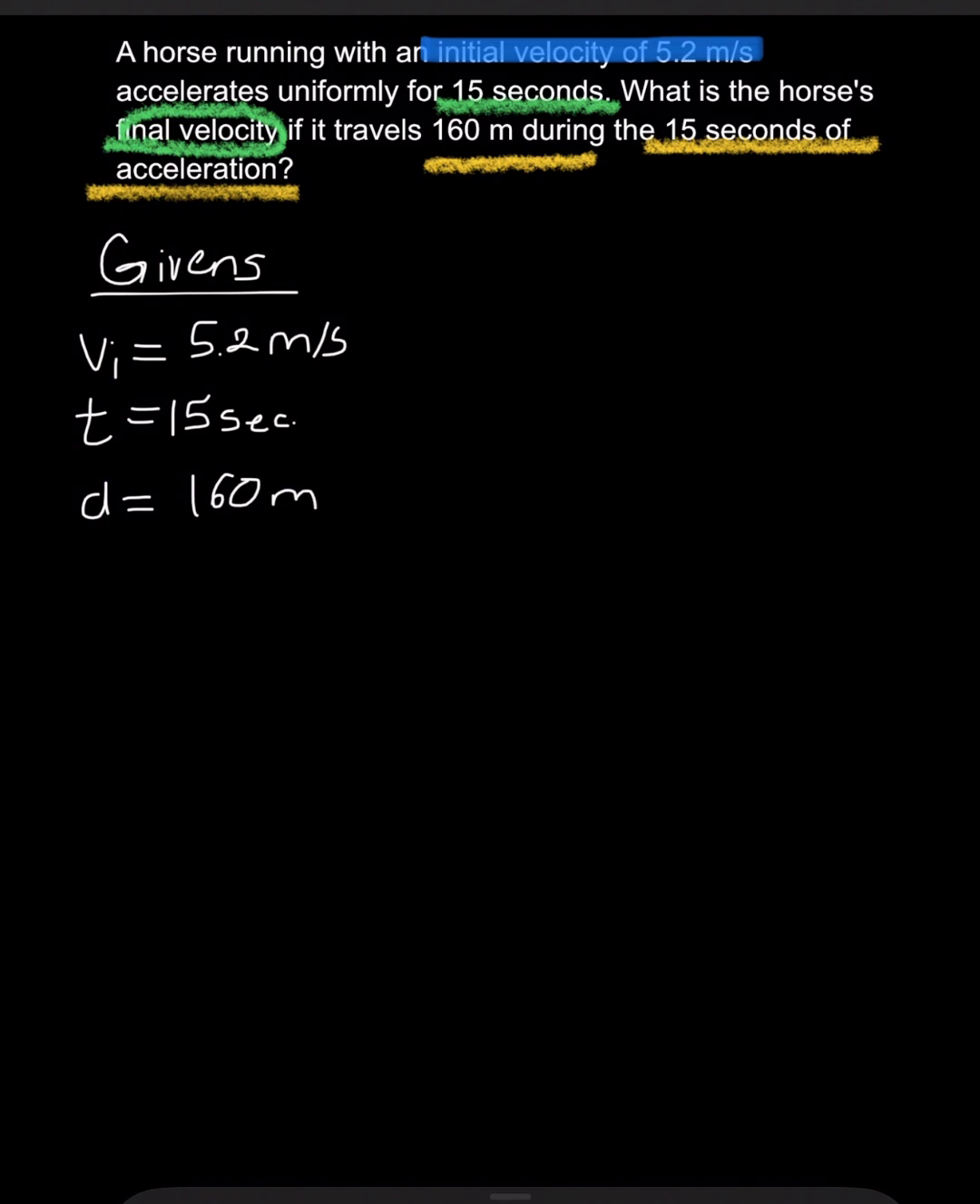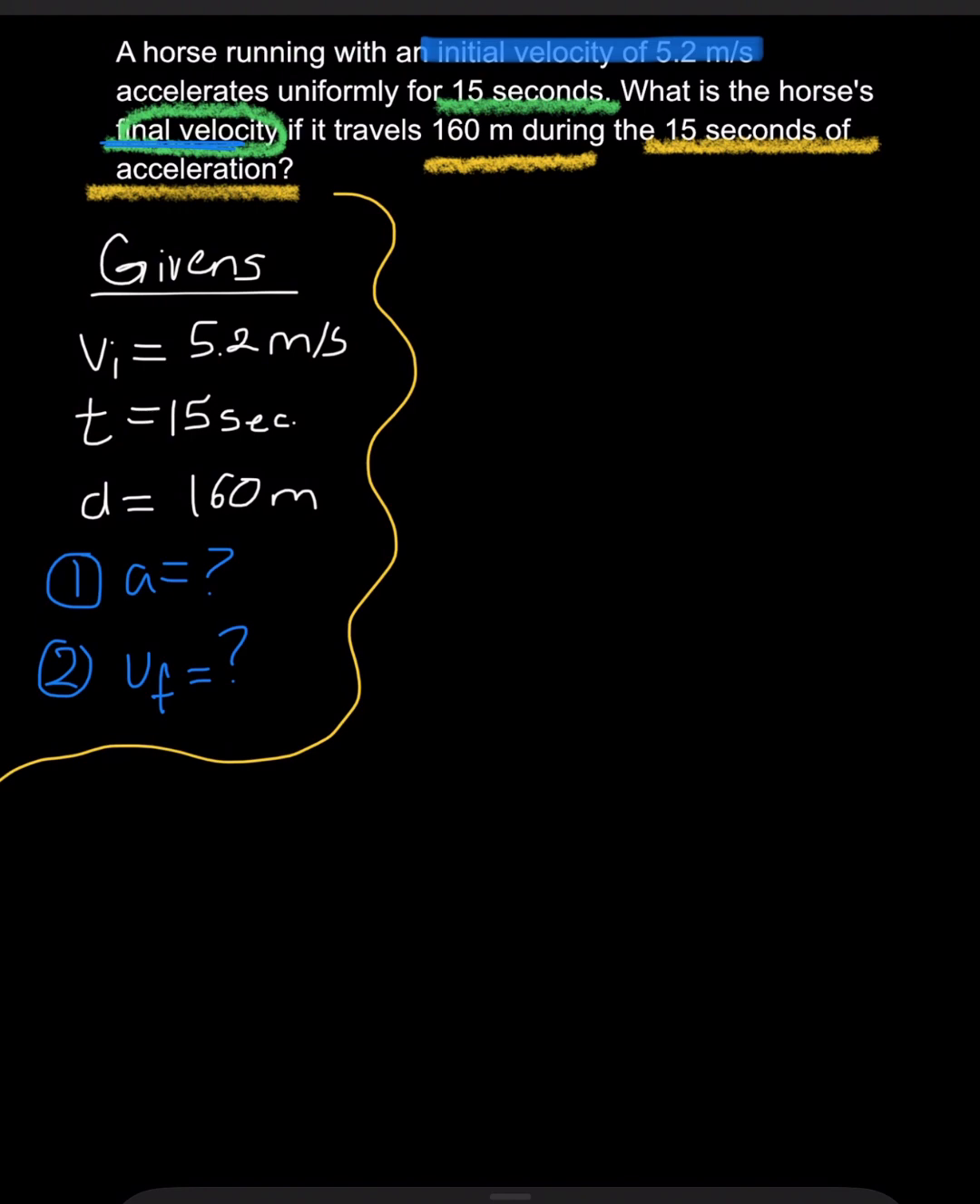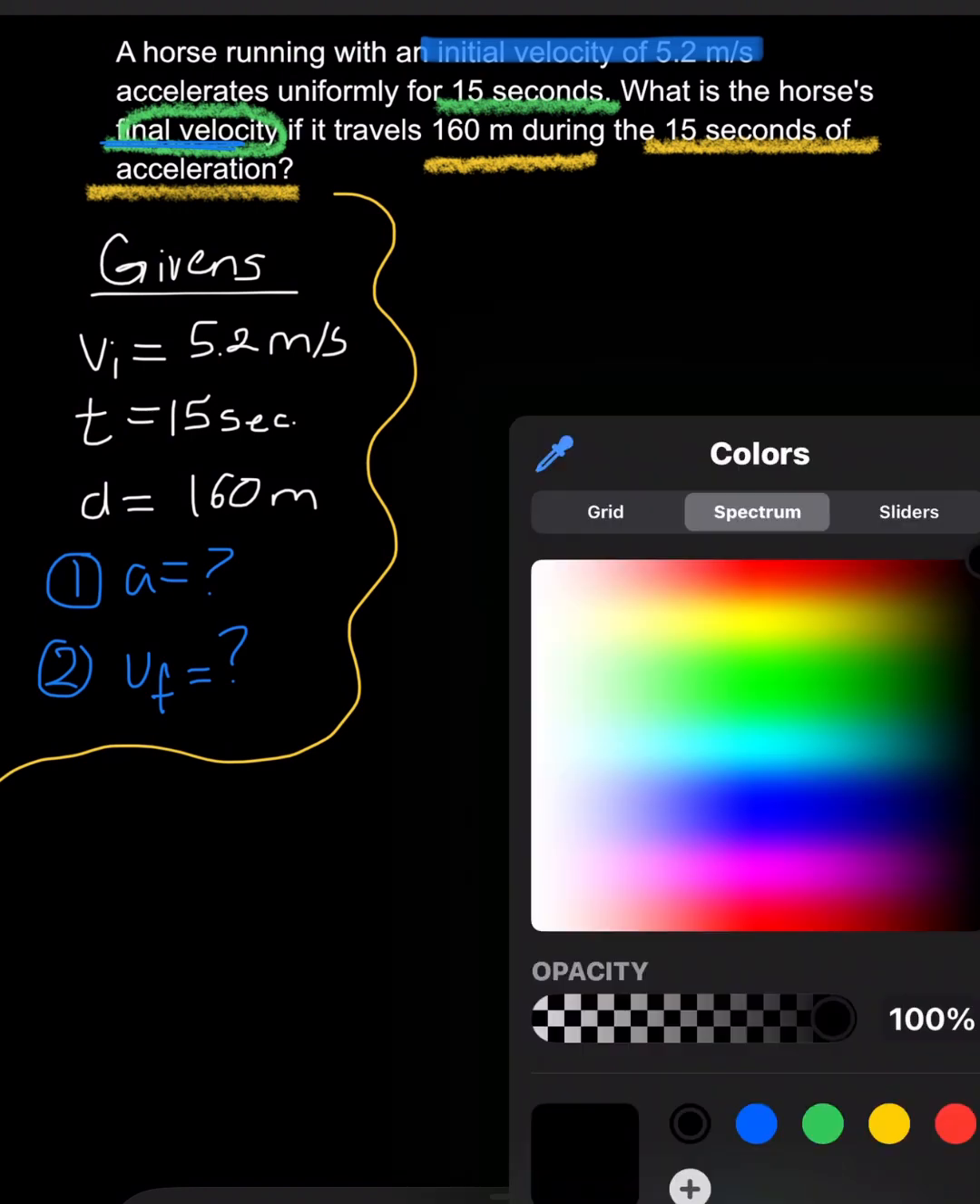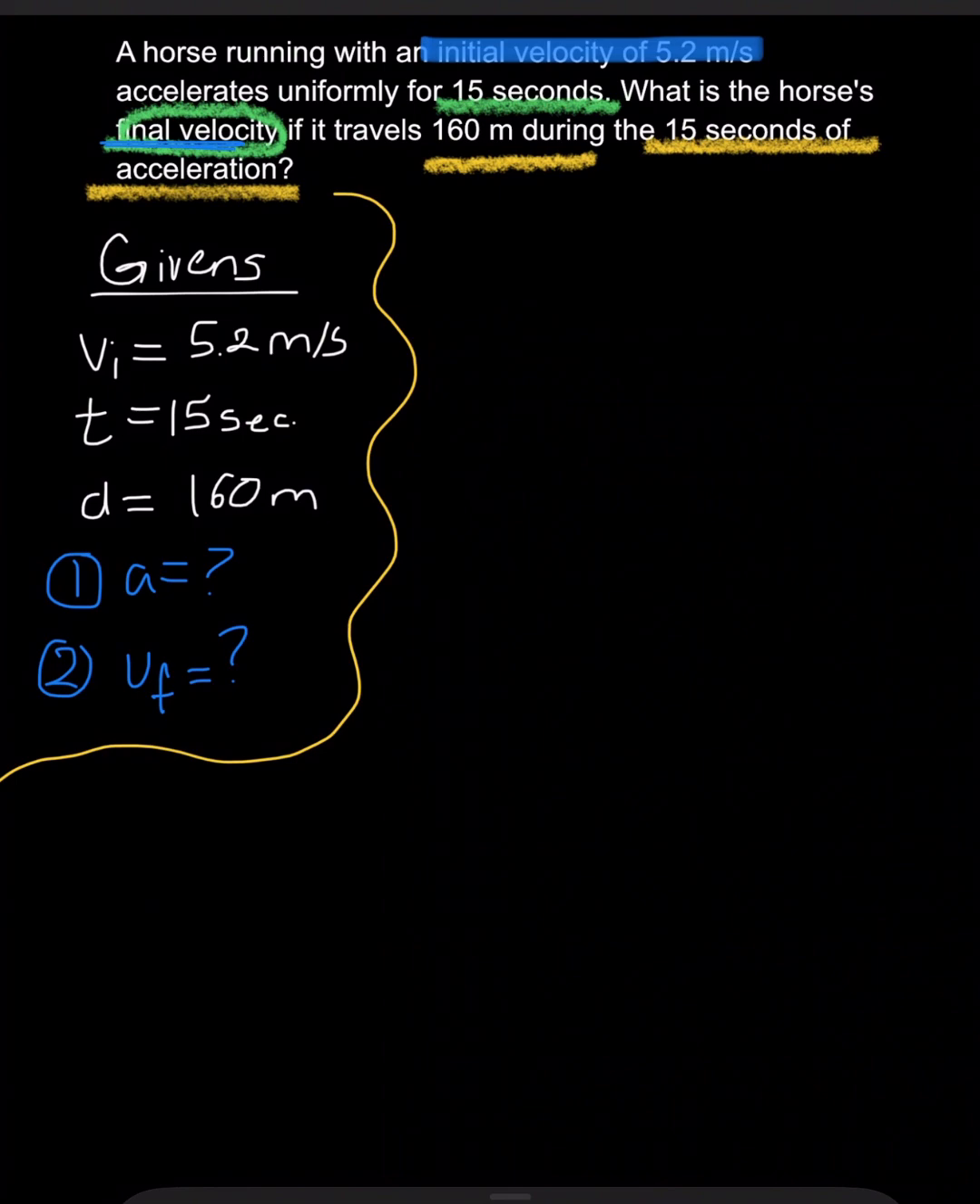And now what we have to do is first find acceleration, and then we have to find what we're actually looking for, which is V final. Okay, so let me set this aside and let's solve. So first find acceleration. So we can use the equation, which is